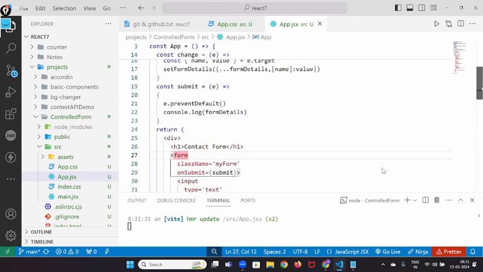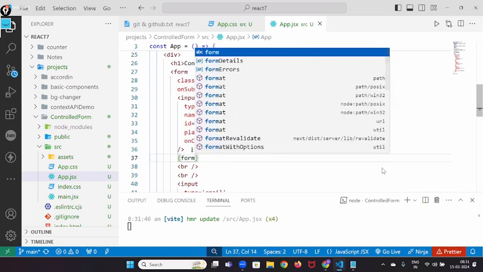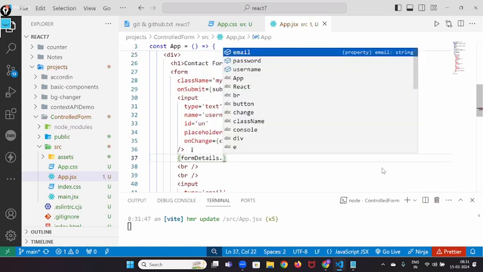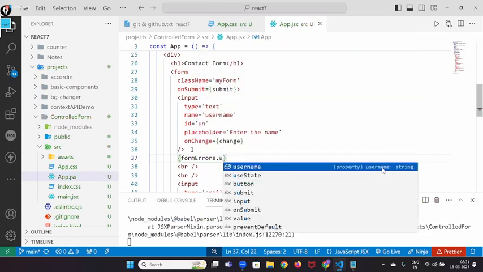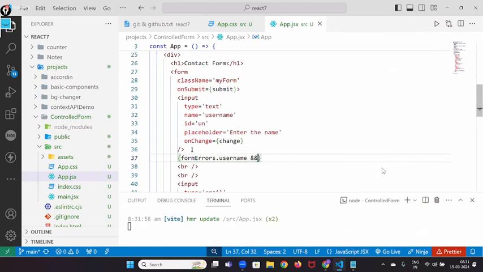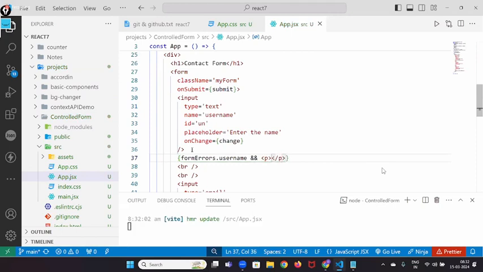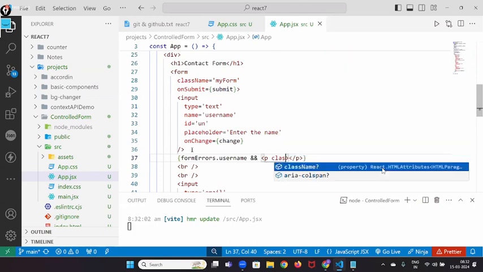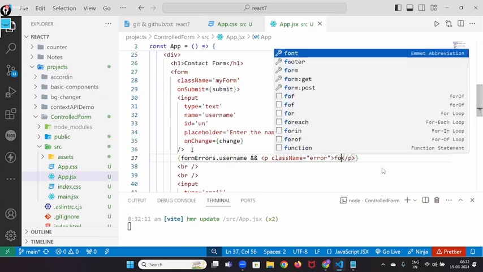Someone said right. Now here, after input elements, sir, after every input element, I want to print a paragraph if errors existed. If errors exist, form details dot user, not a form, not form details, right? Form errors, na? Form errors dot username. If it exists, print them. Print class name errors, and here I will print form